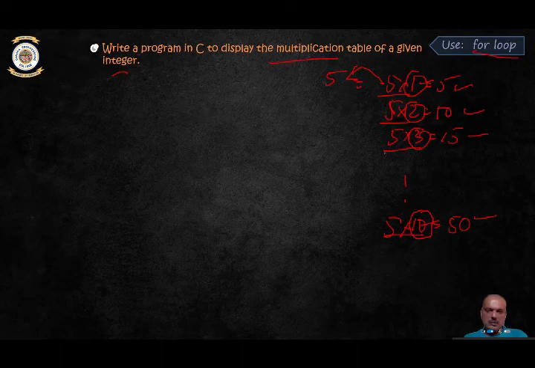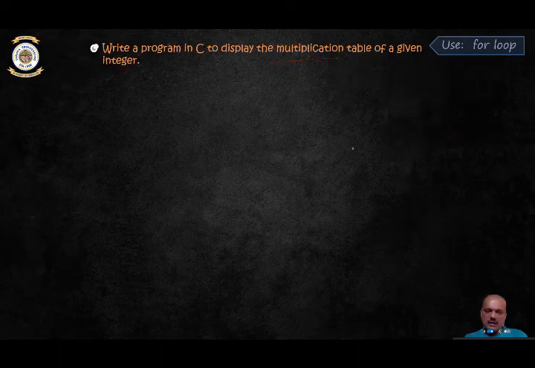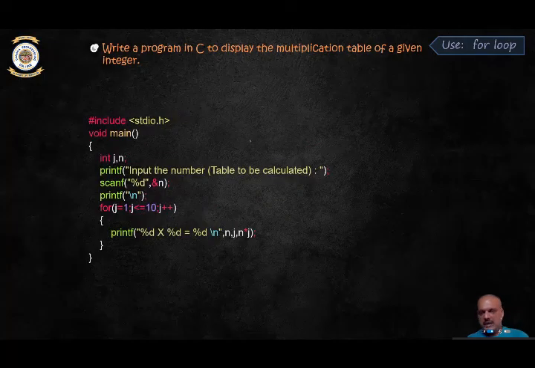So that was all about the logic of this code. Let's get into the actual implementation. So I have my preprocessor directives, then I have my main function, then I have two variables defined. One variable to store the input from the user, the other one is the counter variable for a for loop. Then I print out a message asking the user to input the number,